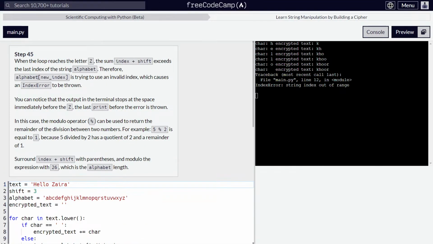Alright, let's continue. When the loop reaches the letter Z, the sum of index plus shift exceeds the last index. Yeah, that's true. Therefore, the alphabet index is trying to use an invalid index. So we can see the index error right here. Oh, nice. You can notice that the output in the terminal stopped at the space immediately before C, the last print before